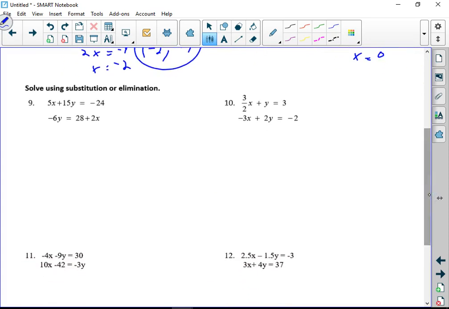Now, number 9. It says use substitution or elimination. Remember, if this is multiple choice in the final, you could use matrices also. But it says use either one. Personal choice here. I personally like elimination more often than not because it seems pretty easy. But in this case, this is a pretty easy one to do substitution for. Now, a lot of people in class wanted to divide by -6 right here and get y by itself. The problem with that is you get a bunch of fractions over here. So it's not a really nice one. But along the same lines, you can